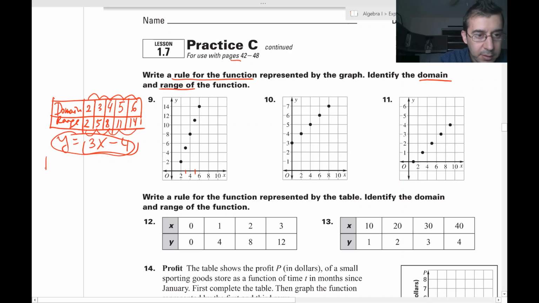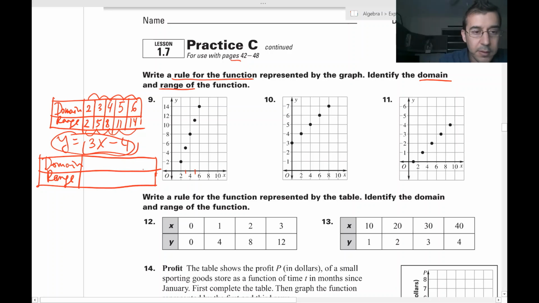Number 10, same thing, domain and range. Let's identify the domain range ordered pairs. 0 and 3, 2 and 4, 4 and 5, 6 and 6, 8 and 7. The rule for the function is,